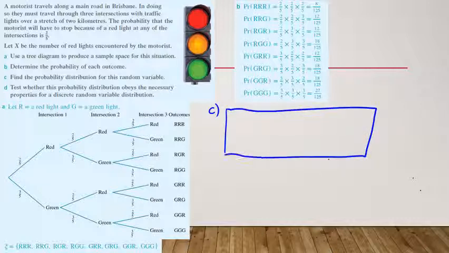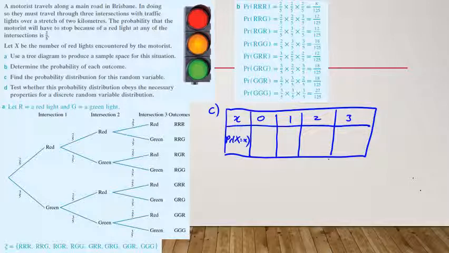So what you need to do is we need to know by number of lights, the number of times we stop. So we either stop at no point in time, once, twice, or 3 times. So if we stop every time, it's red, which is 8/125. If we stop only twice, that means we have 1 green light. So we're looking at this one,